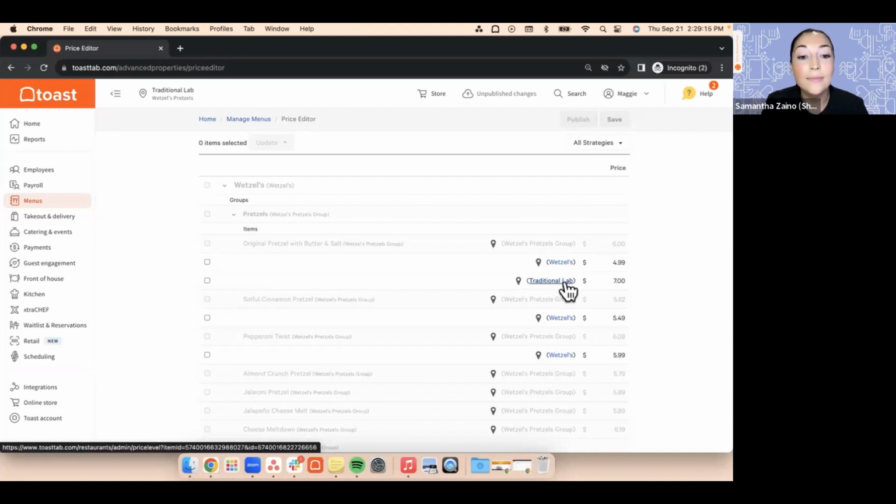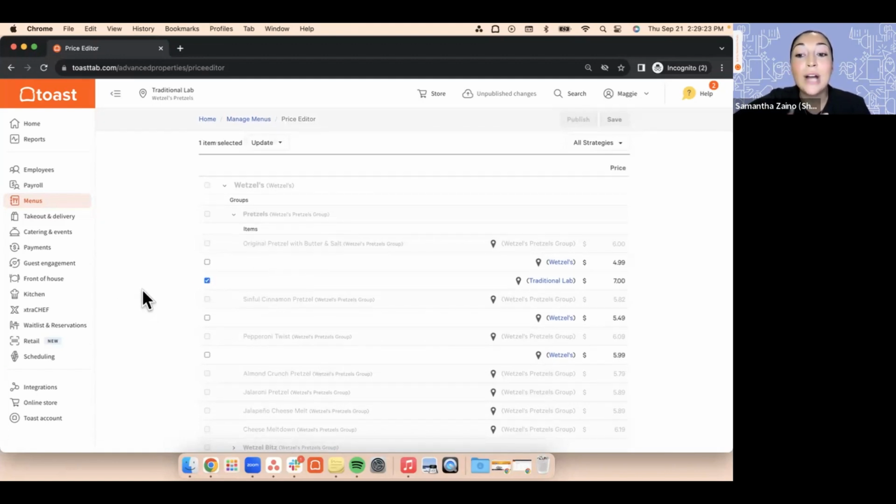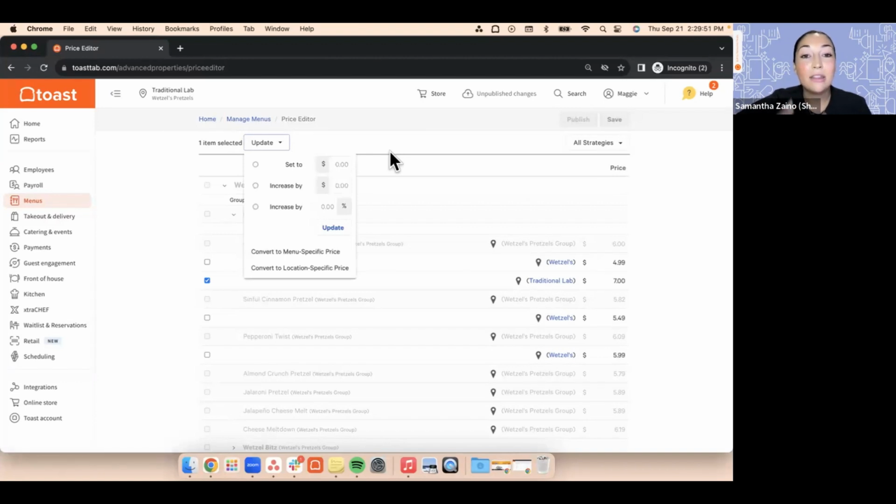the traditional labs prices. So what we could do is come in here and maybe this original pretzel, this price needs to be adjusted. Maybe we need to increase the $7 pretzel by $1 or a percentage. We can come in and all we need to do is check off the item in which we would like to adjust the price of, and then navigate to the update section. We notice this update section has a drop-down arrow. We are able to come on in, and the bulk price editor gives us the option to update this price